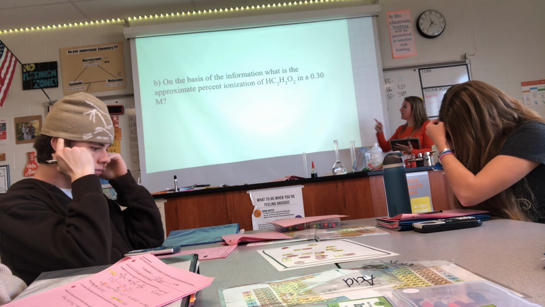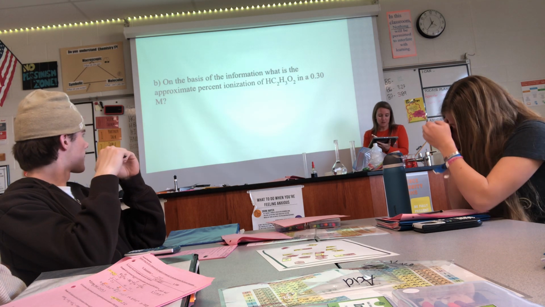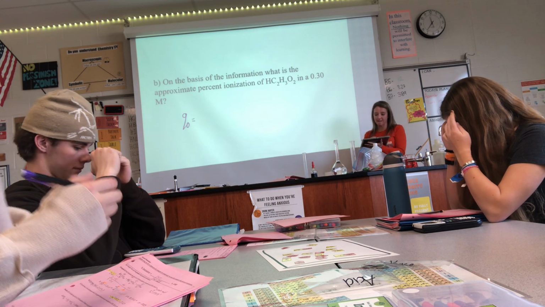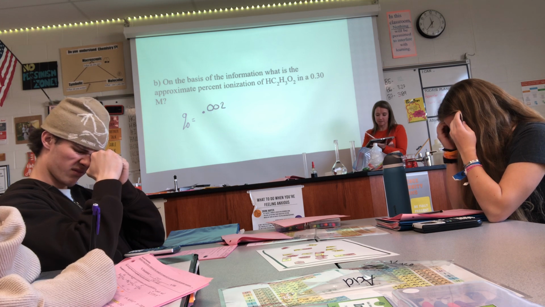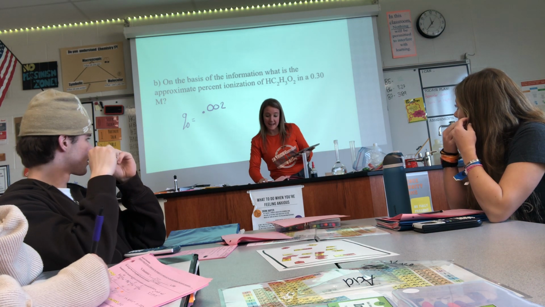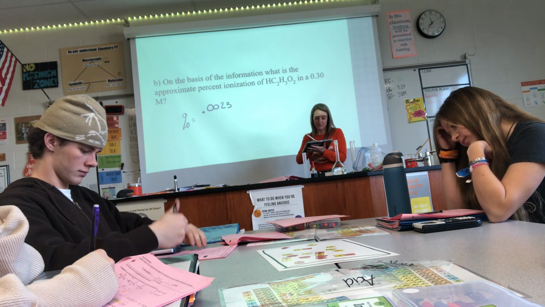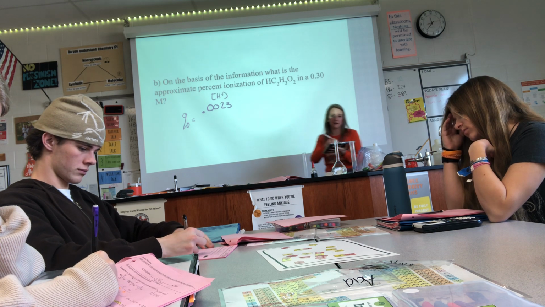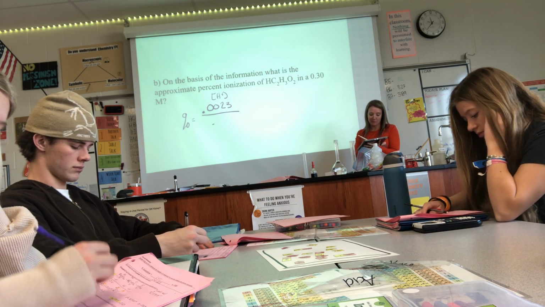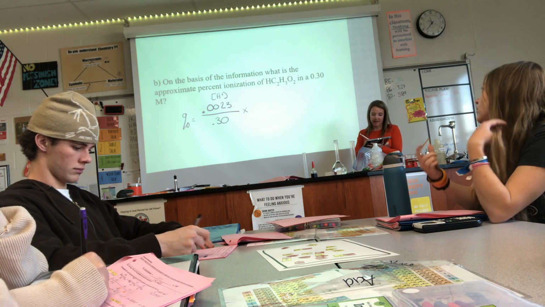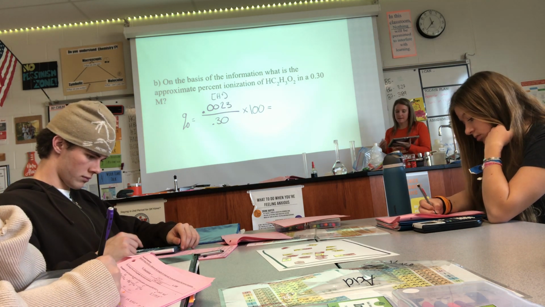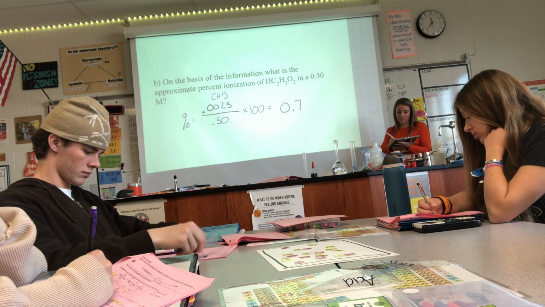Now let's use that value to calculate the percent ionization. Percent ionization is how much H plus was made. So what was that value we just found? Not the pH, the x value, 2.3. So this is how much H plus was made. If you want, draw an arrow up to the problem above so you know where it came from. Over the original amount, so 0.3, and then times 100 to make it a percentage, which ends up giving us 0.76%